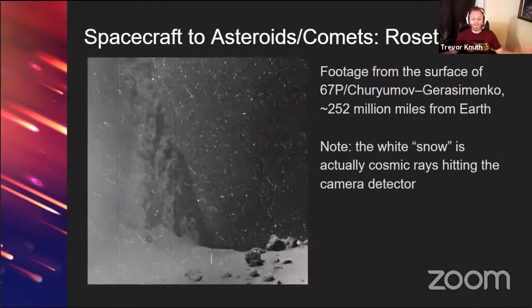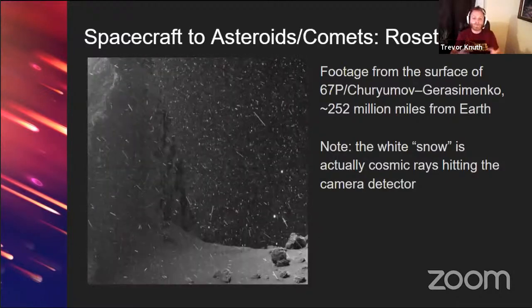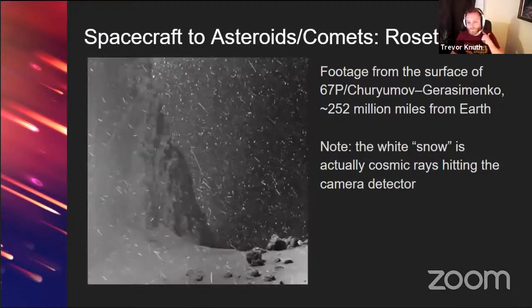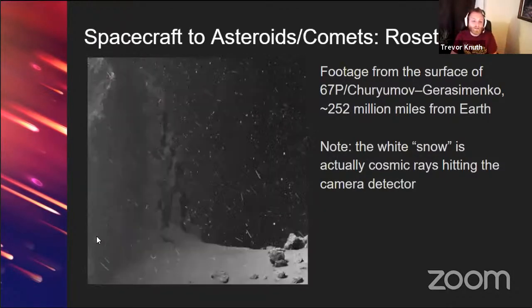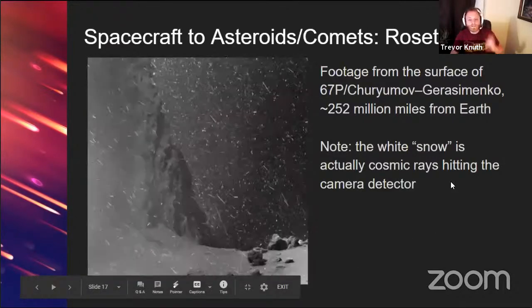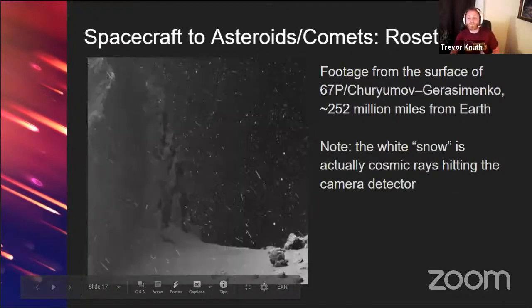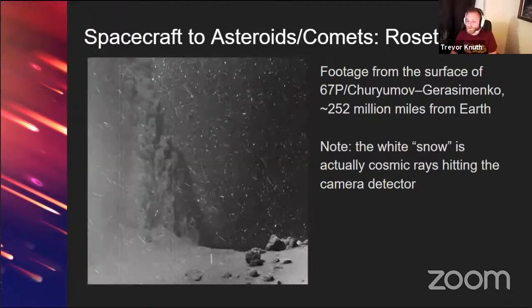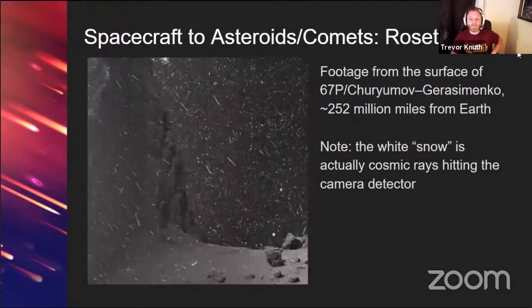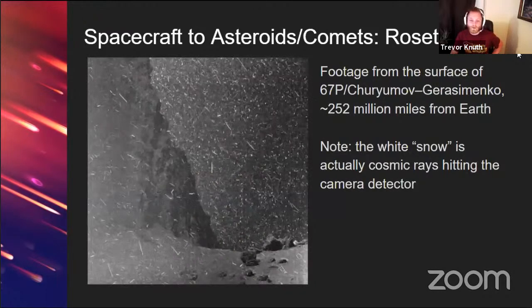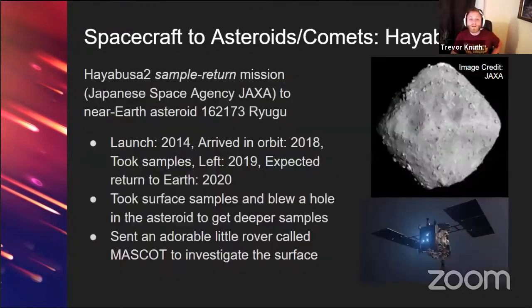They're really high energies, and they come in and hit our detectors, and they create sort of a false response. But yeah, this is an image of an object, a little tiny probe landing on something 252 million miles from Earth. It's extremely impressive for the scientists and engineers to make this whole thing work as well as it did. Another mission was to the near-Earth asteroid called